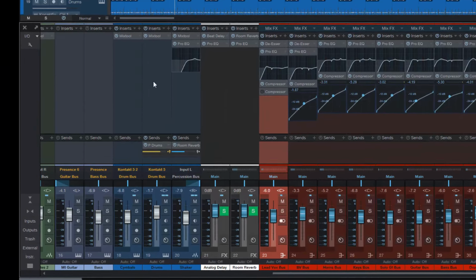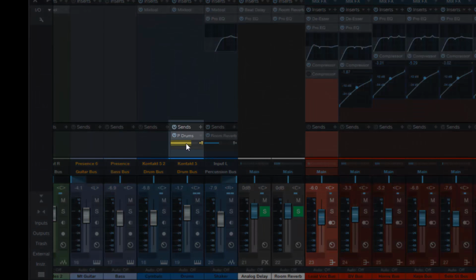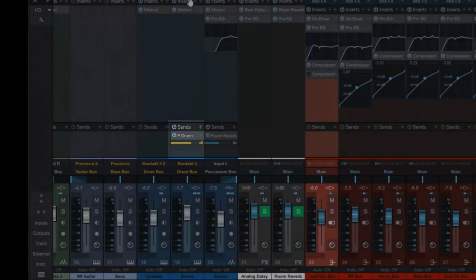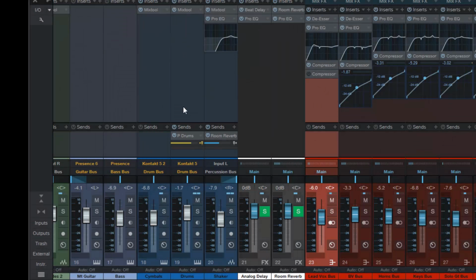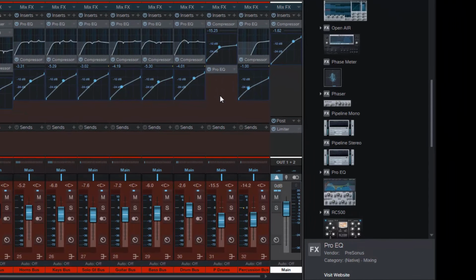So what I have here on my drums channel is drums and cymbals. I've separated them out, and I've done a pre-fade send, this orangey yellowy line here tells me that it's pre-fader, which basically means that the signal comes in here, and before it hits this fader, a copy is being sent over here to my P drums bus. And what I have going through that is basically kick, snare, and a little bit of toms. I don't send the cymbals through there because it tends to pump the cymbals, which is not a nice effect,